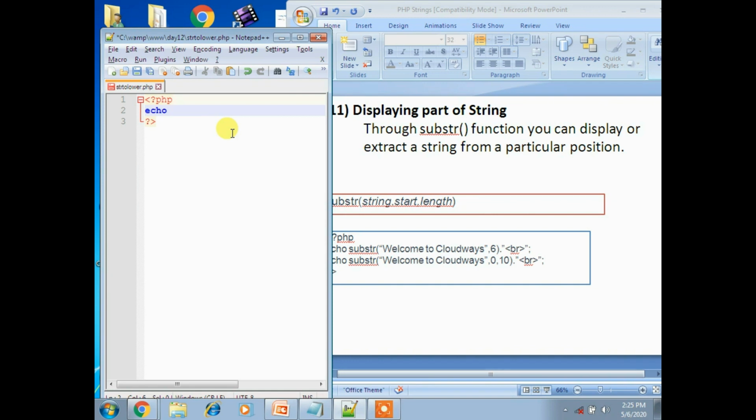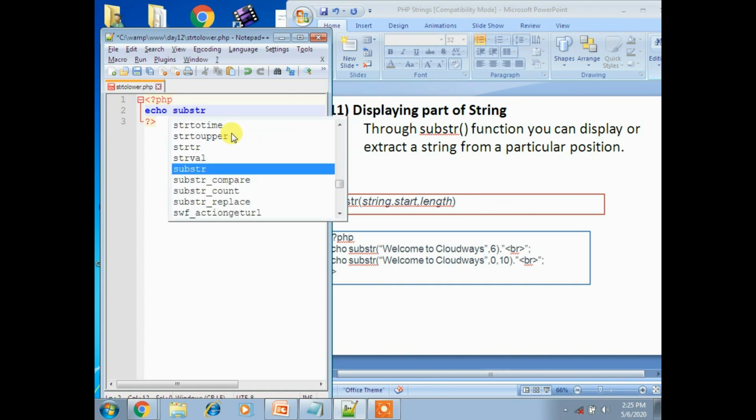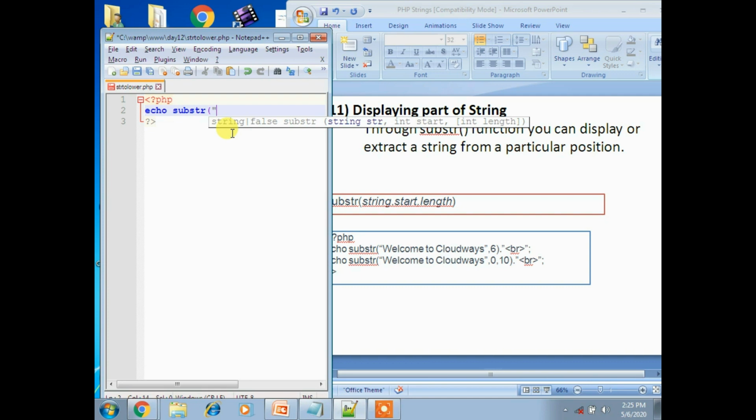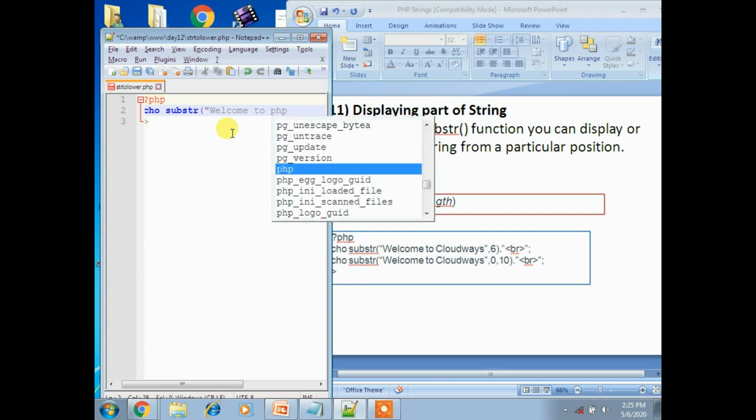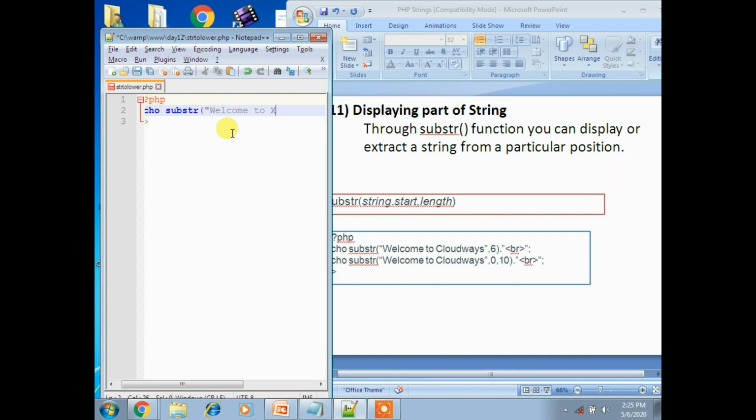I'm placing echo, and now substr, or substring of, welcome to PHP Cloudways, comma 6. Now I want to apply br, so I use the concatenation operator with br, and it's working now.